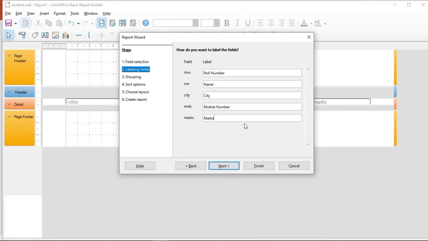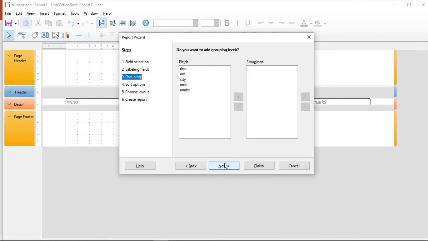It is not compulsory to change the labels of the fields, but if you want, you can do so from here. After specifying all the labels, click on the next button.